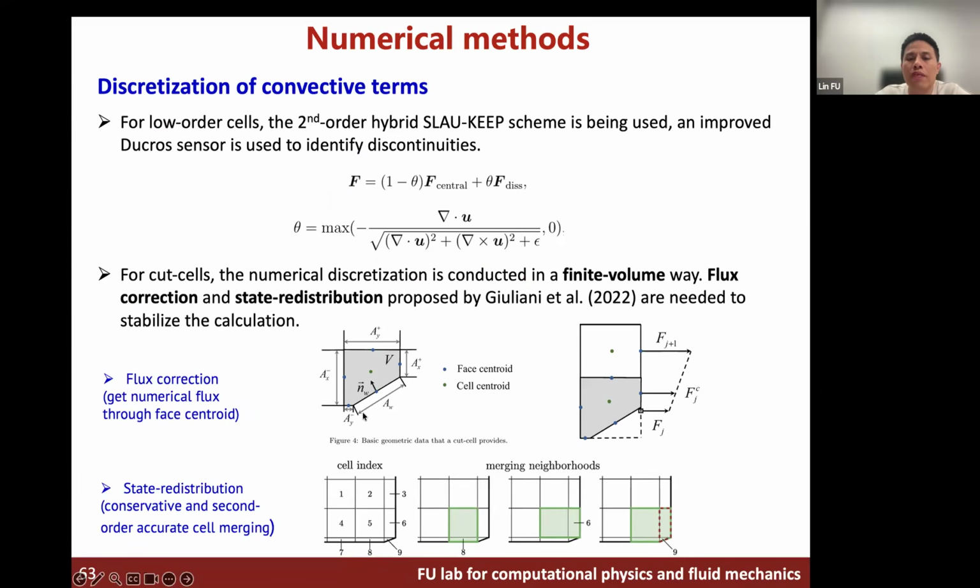So in the near-wall regime, we introduce the cut-cell method to handle arbitrary geometry, and apparently here you cannot use a very high order, so we introduce this second-order hybrid Tino-KEP scheme in the very near-wall regime. You cannot deploy Tino because there's not enough stencil. Okay,